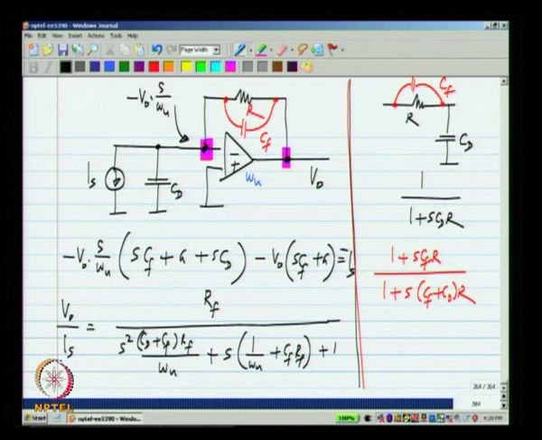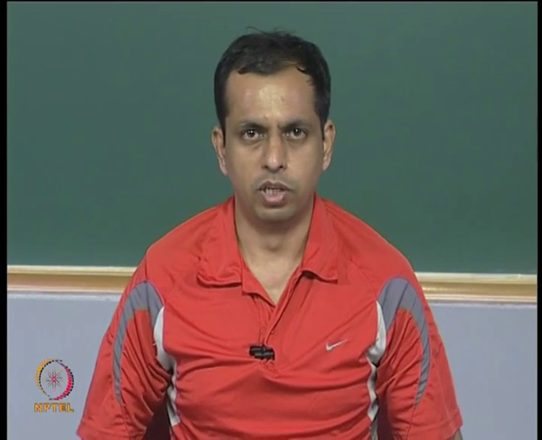Let us again try to get a damping factor of 1 over square root of 2 and see where it leads. Remember, our problem was that regardless of what op amp we use, we are not able to get a higher bandwidth given the photodiode capacitance CD and the required DC gain or the DC transimpedance R. So, once the CD and R are given, our bandwidth seems to be fixed.